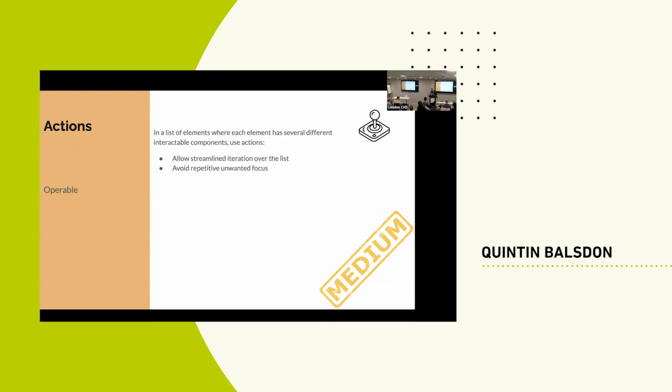Then actions. This I say is sort of medium to low. Actions are a very specific tool that assistive tech users use. I actually wanted to do some videos on examples of this, but I don't want to be too predisposed towards Android, but that's where my examples would be. Android and iPhone both have the concept of actions, which are hidden secondary actions that a user can do, but these would actually encumber visual users.